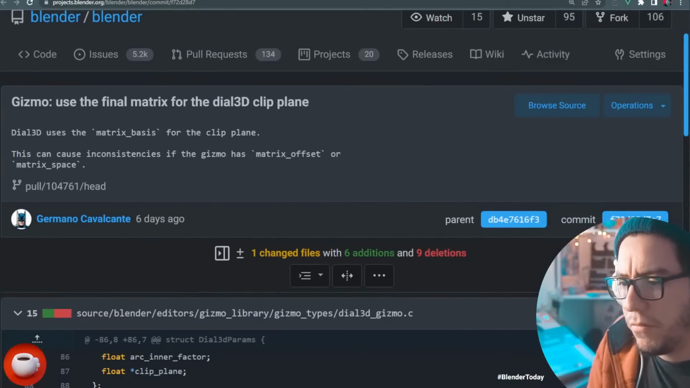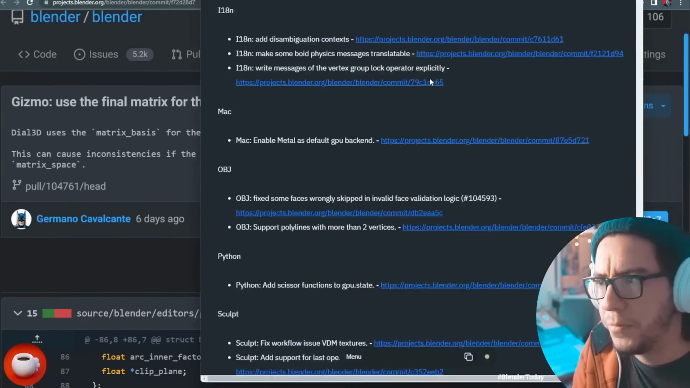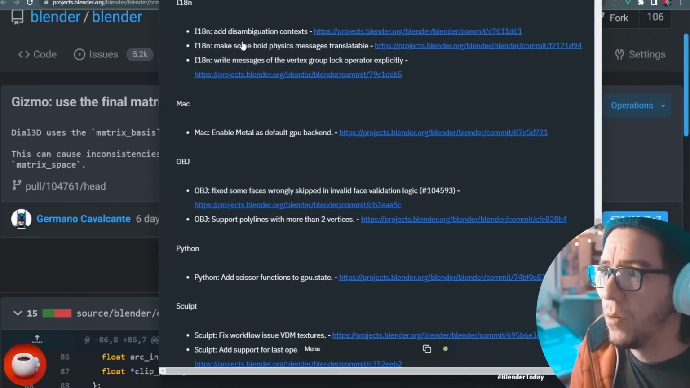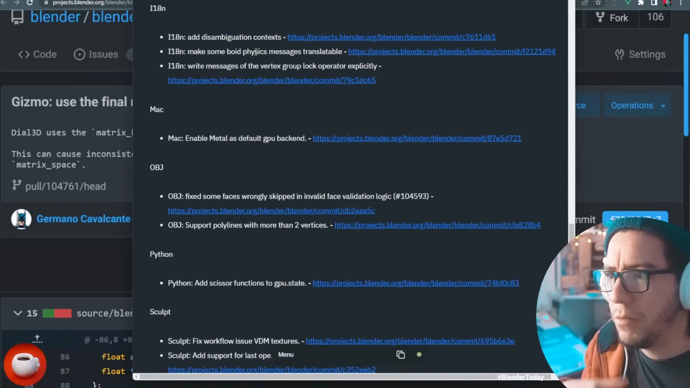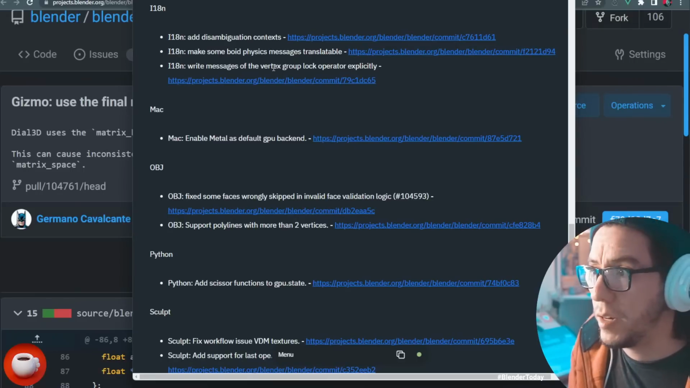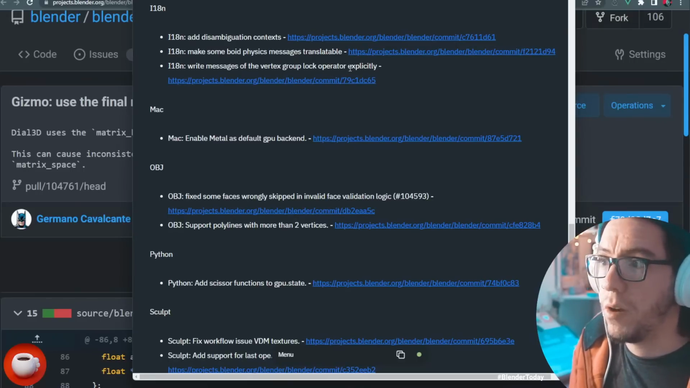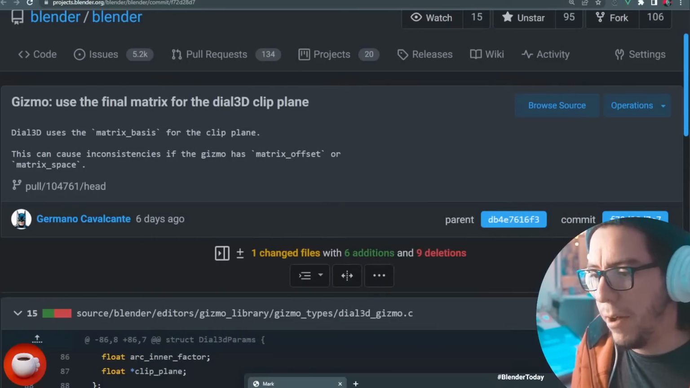There's been a few fixes related to translations. So there are some settings in the physics that have been available for translation, and also for the vertex group lock operator. Now,